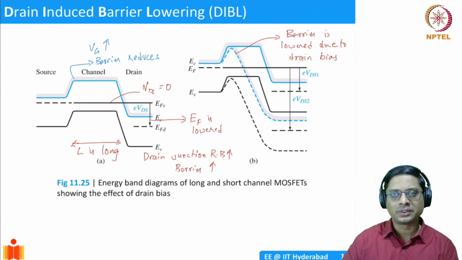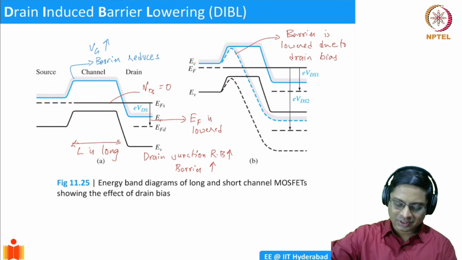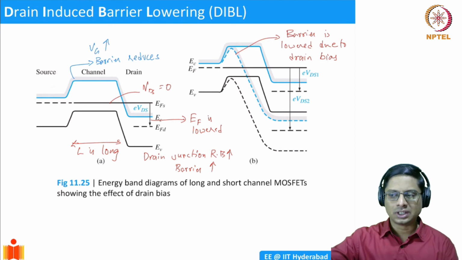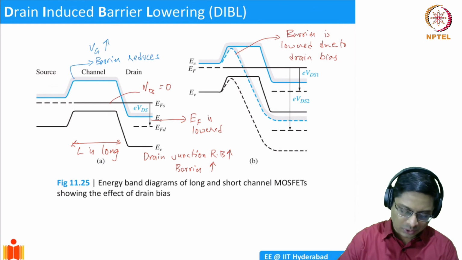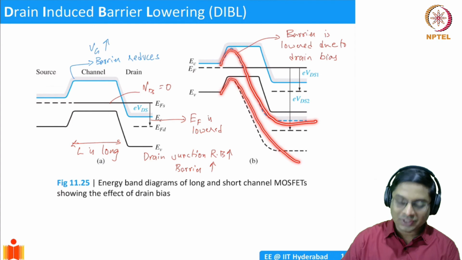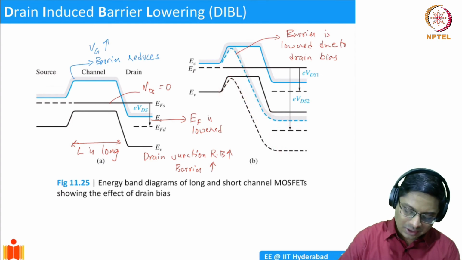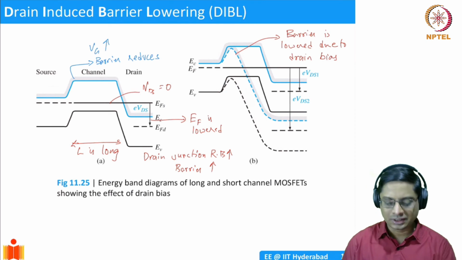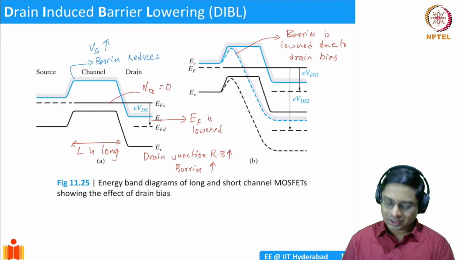It's going to be some sort of a quadratic behavior, but then you're forcing this because you don't have sufficient voltage, sufficient distance for it to flatten out. So you're actually forcing the barrier to take a shape like this. So what does it mean? We are actually making it easier for the charges to flow across the channel, right? The source barrier is reduced, so the current should increase or VT should reduce, correct?